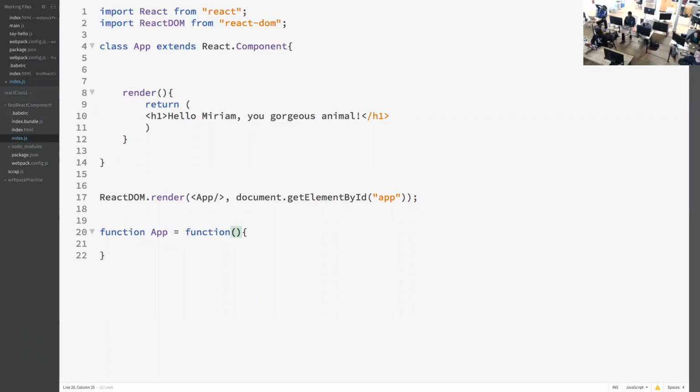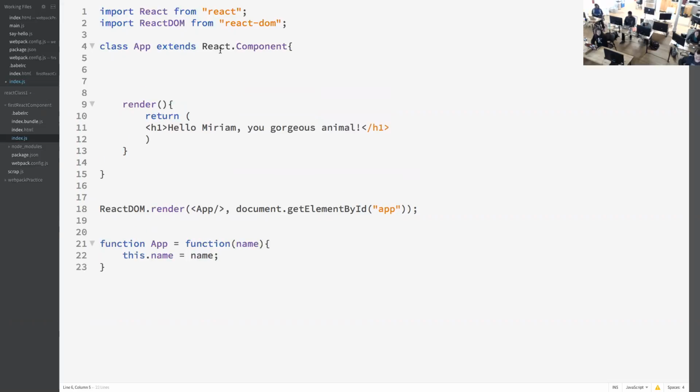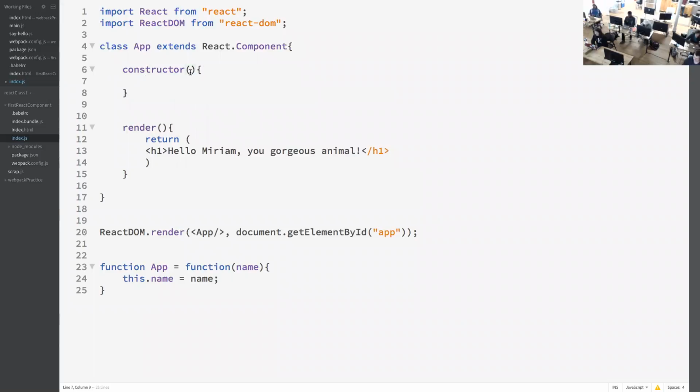But if it were name, then we'd say this dot name equals name, right? So here, in this syntax, we actually are going to say constructor, and we actually make it a method. So the equivalent here would be if we said name, this dot name equals name. So it is a different syntax,